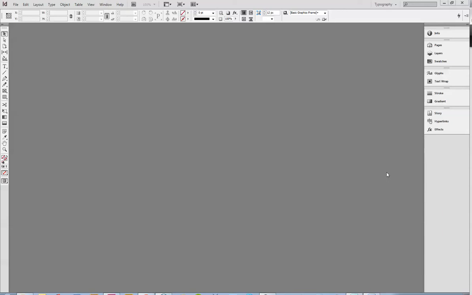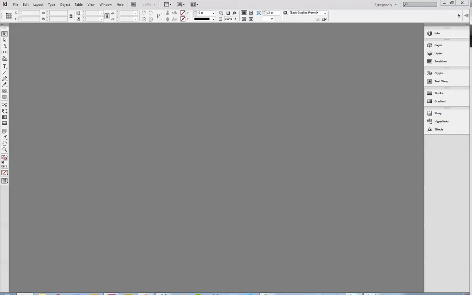flyers, business cards, letterhead. And the reason you want to use this instead of like Illustrator is it just has a lot more tools to kind of handle more specifically type and layout. And we'll go through some of those, but for this class, you guys will want to use InDesign, and I'm going to show you some of the benefits to doing so. So first of all, let's look at